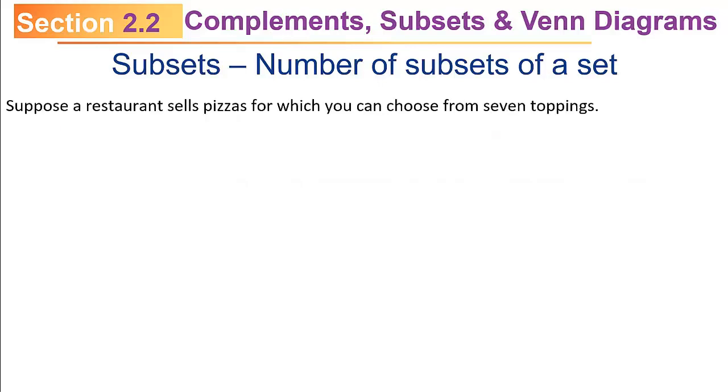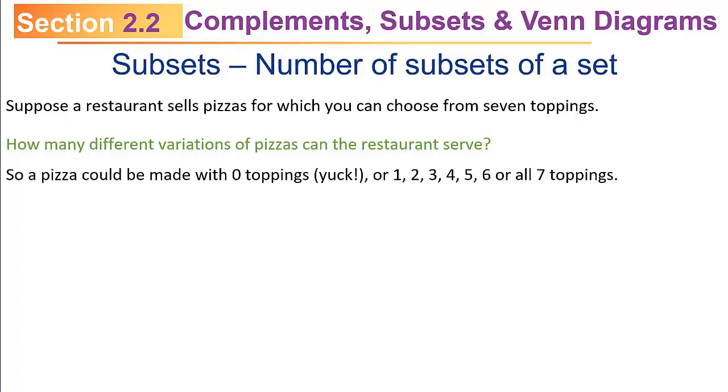Let's look at this example. Suppose a restaurant sells pizzas for which you can choose from 7 toppings. How many different variations of pizzas can the restaurant serve? Think about this. You could have a pizza made with no toppings. How yucky would that be? Or 1 topping, or 2 toppings, or 3 toppings, or 4 toppings, or 5 toppings, or you could say put all 7 toppings on there. Well,